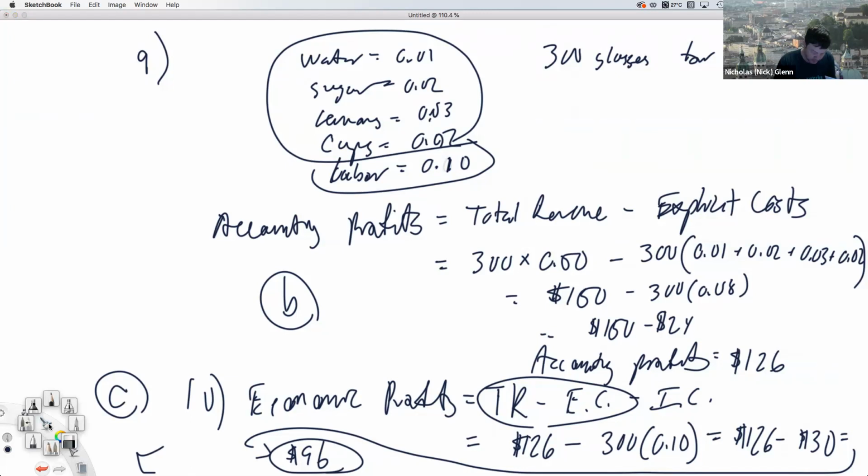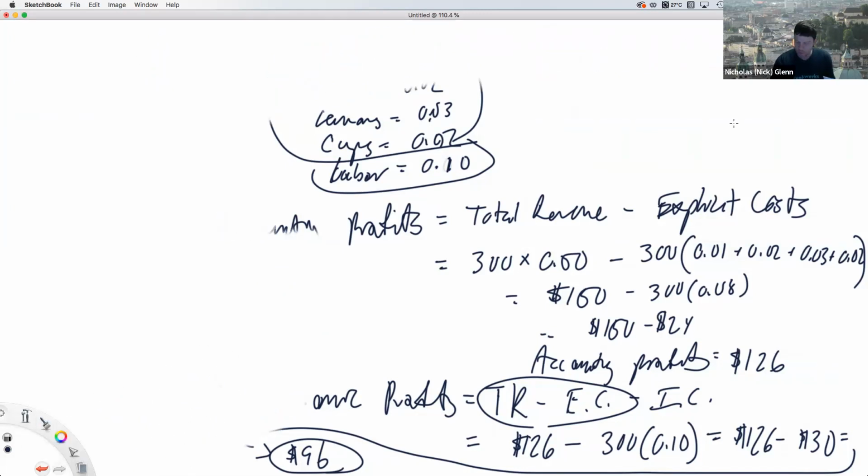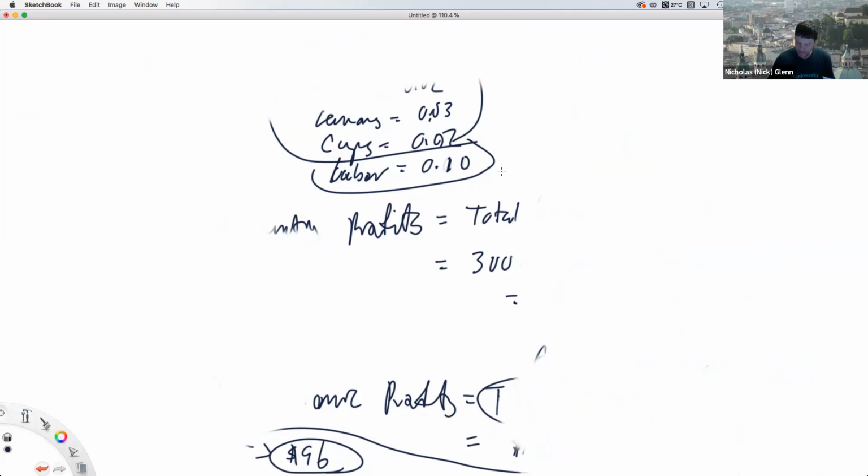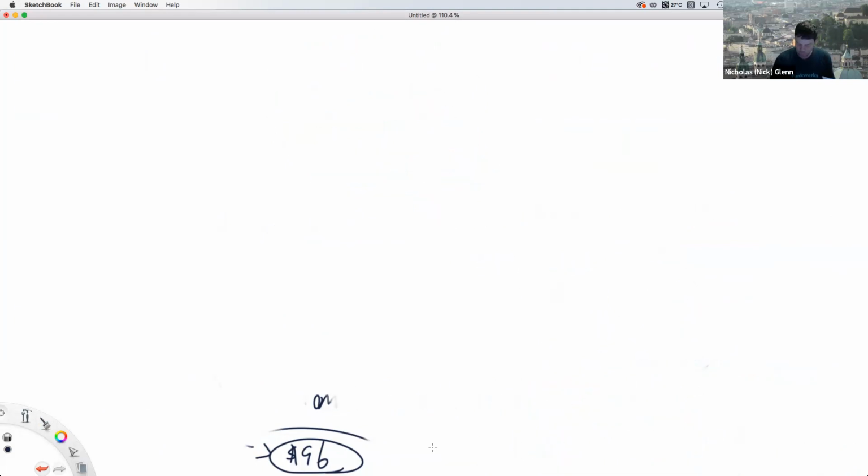All right. Let's erase this. And let's do number 11. In the short run, a firm operating in a competitive industry will shut down if price is what? In the short run, what we're going to look at here,